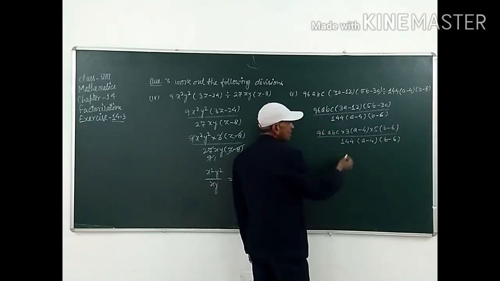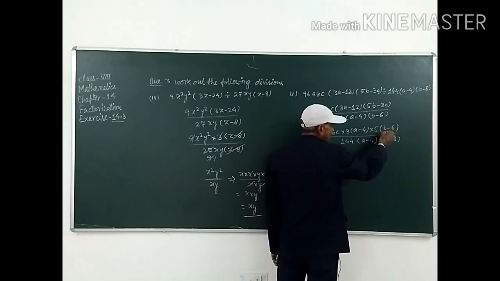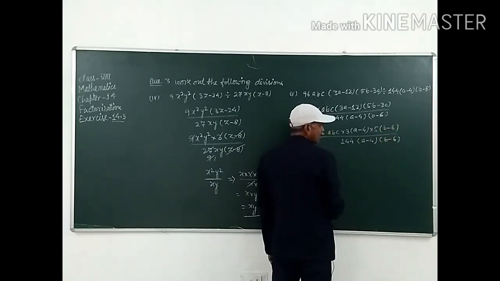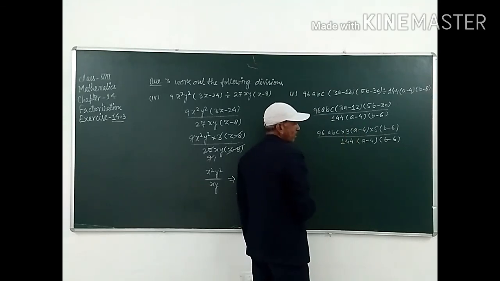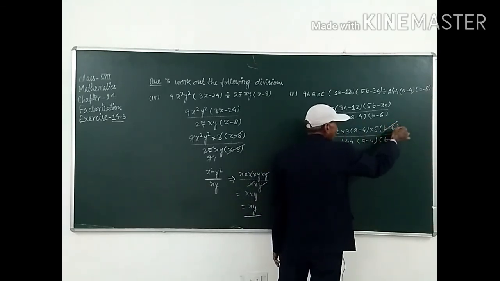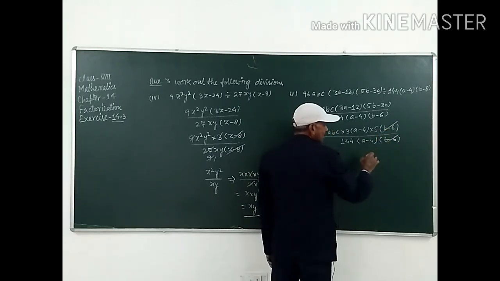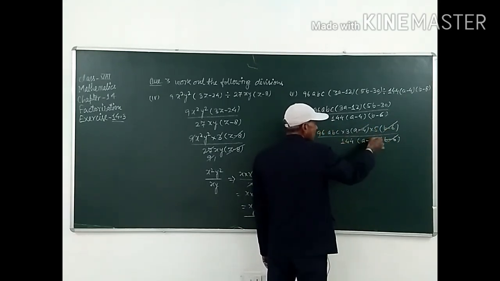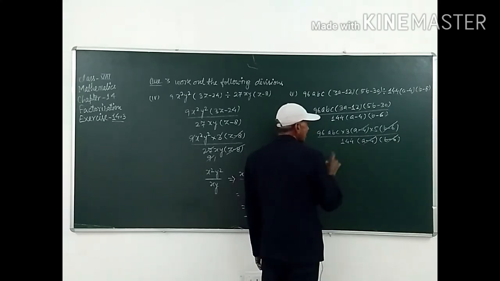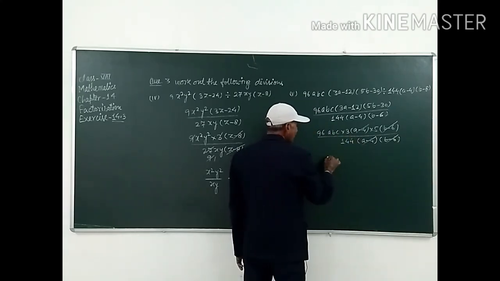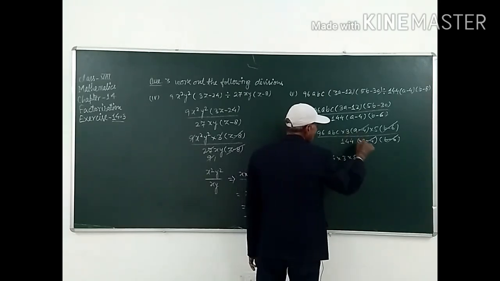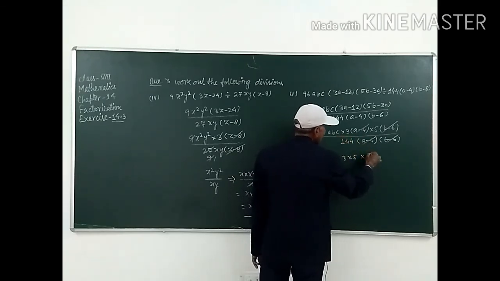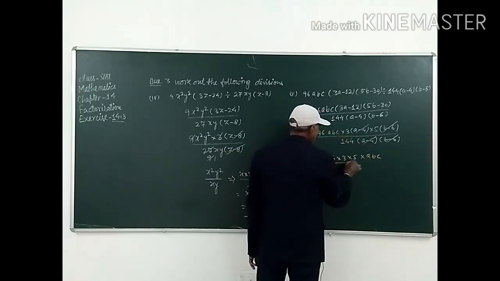Now, we observe that the numerator is also b minus 6 and the denominator is b minus 6. The numerator is a minus 4 and the denominator is also a minus 4, and there is a sign of multiplication, student. So we have to cancel it. b minus 6, b minus 6. This one a minus 4 and a minus 4. It is cancelled. So the numerator will be 96 into 3 into 5 into this one abc, and the denominator is 144.